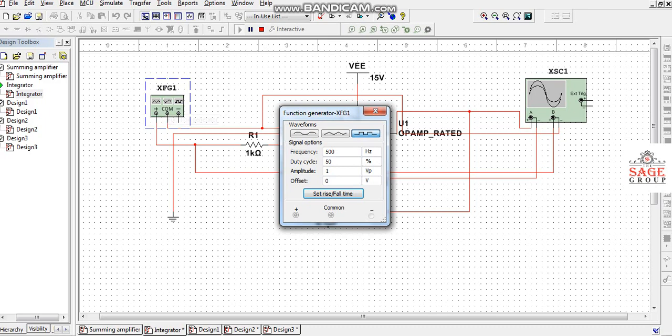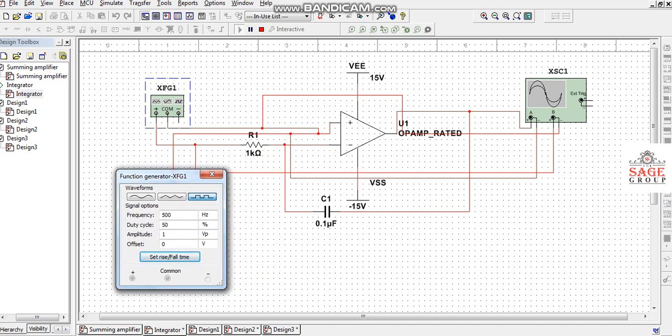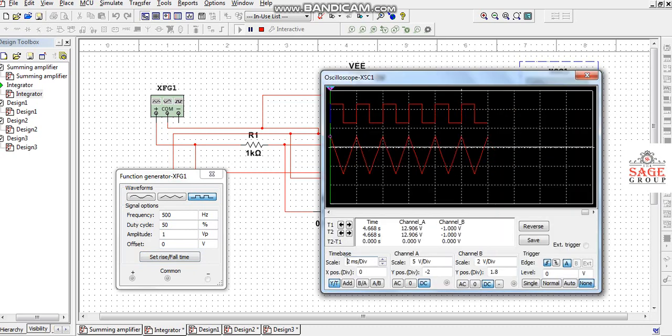If I double click this function generator, here I am giving a square wave to my integrator circuit having a frequency of 500 Hz and an amplitude of 1 volt peak to peak. Okay, and if I click this CRO, this is the display of this square wave.